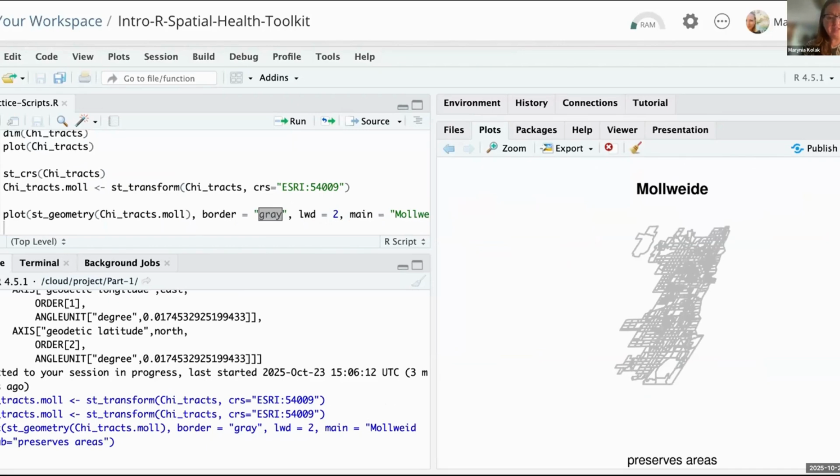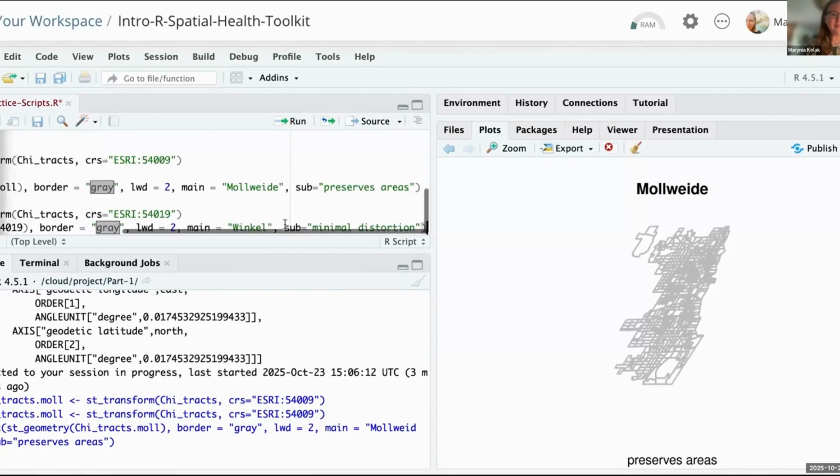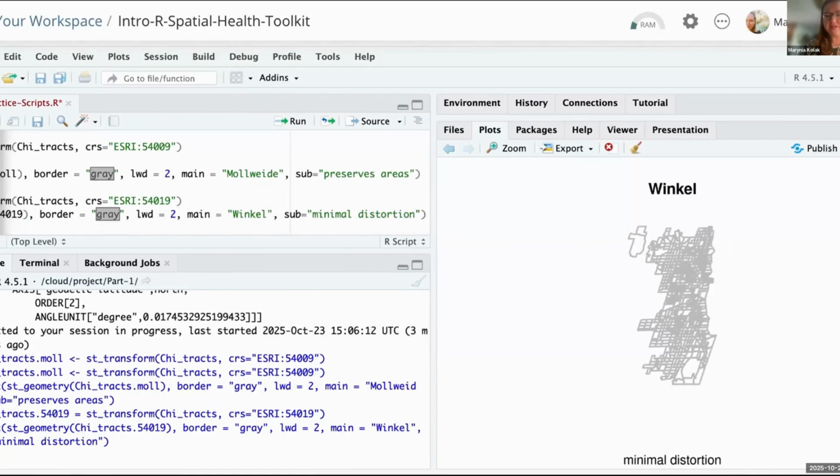And if we look at the coordinate reference system, we can see that here the distance between two things is going to be a meter. So if we wanted to work with kilometers or meters, this would actually be a much better option to work with. Next, we'll work with the Winkel coordinate reference system, and this is a compromise projection, which means that there's a little bit of error across all things. I'm going to just copy and paste that, and let's see how that works. And so here again, we can see minimal distortion. But again, with Mollweide, we preserved area. Here we preserved